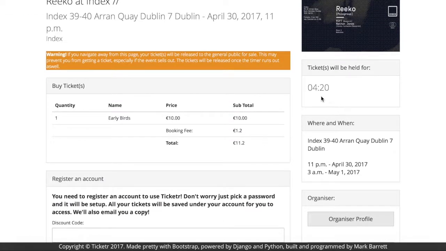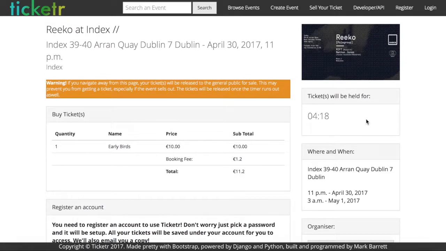But the purpose of this timer on the right hand side is it will take a ticket and put it on a queue. So just imagine for a moment that you have 100 tickets and you sold 99 and there's only one left, and two people want to come on and buy them. If both of them click buy and they're both on a checkout page and the payment goes through, you've just sold two tickets, which is cool, but you're only allowed to sell 100, so you've sold 101, which is over your capacity. So what this does is, when I click buy, it makes that ticket unavailable for the minute and puts it on a queue.